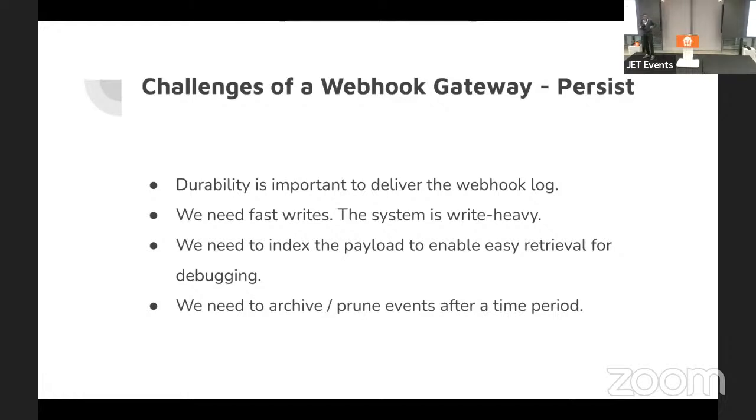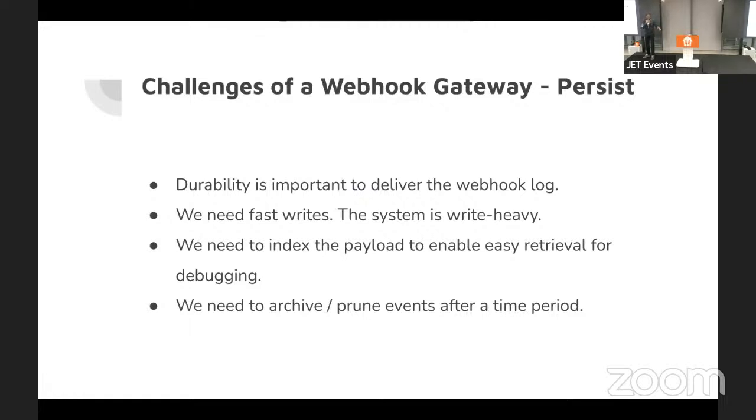Sometime last year, GitHub published a post where they said they would no longer show you events after 3 days, because GitHub has a webhook delivery log as well. In your repository settings or your organization settings, you can see all the webhooks that have gone out to each of your endpoints. They said they give you a maximum of 3 days because GitHub's webhook volume is growing at a massive rate.